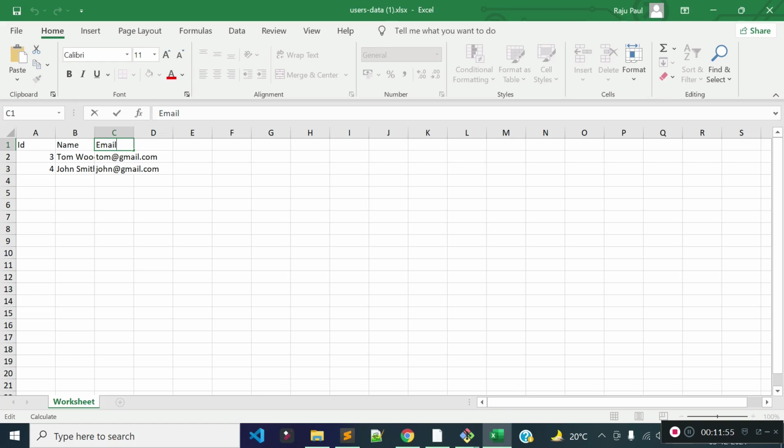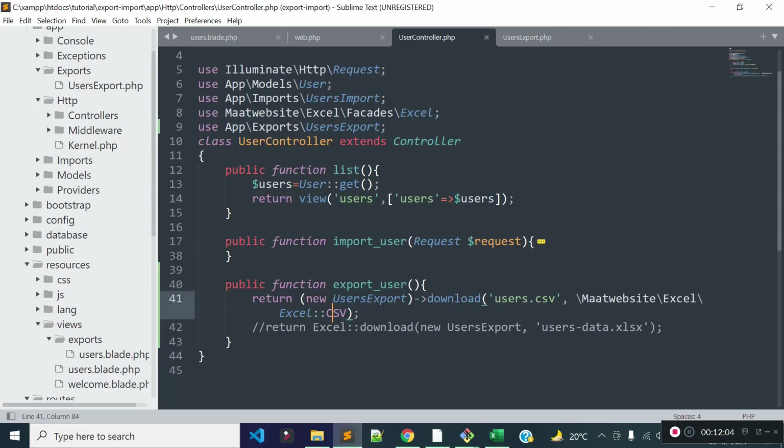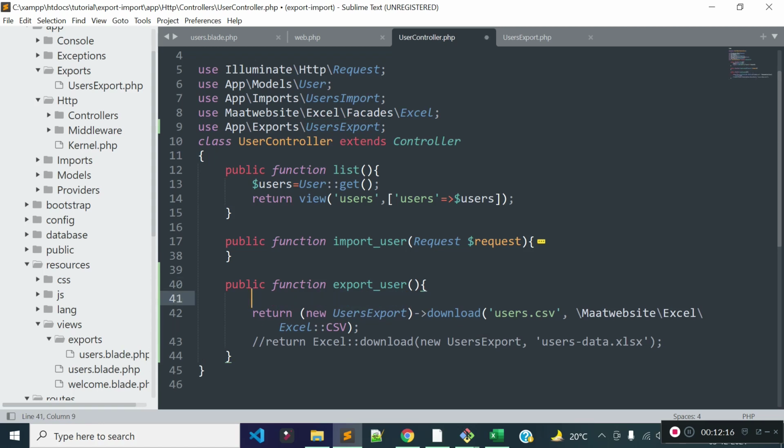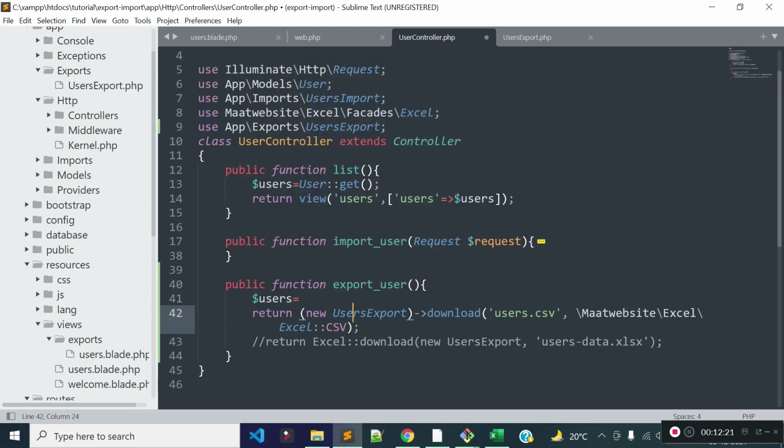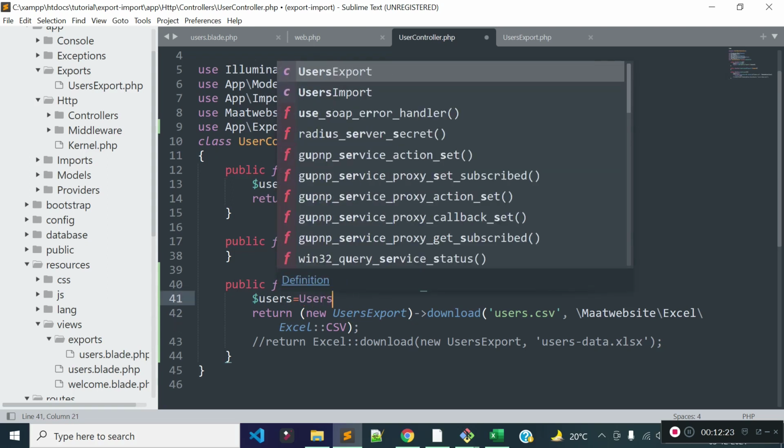Okay, so we successfully generated an XLSX file, and we successfully generated a CSV file. Now I am going to tell you something which will be very helpful for you. Suppose we want to pass user data from this controller to the user export, then how can we do this? For this, we can fetch the list of user data here with the help of the user model.